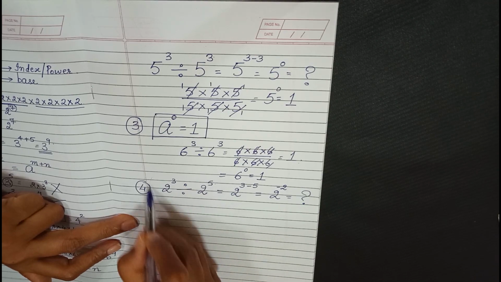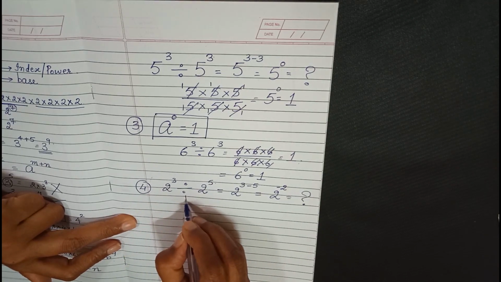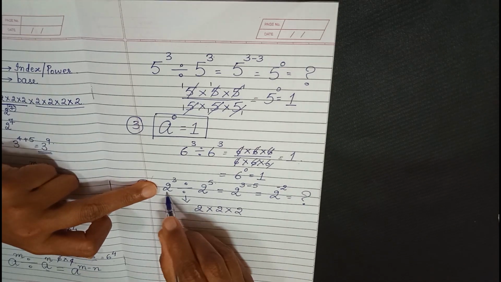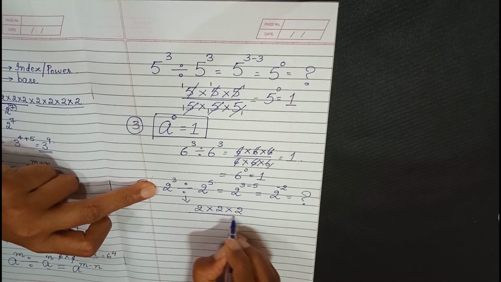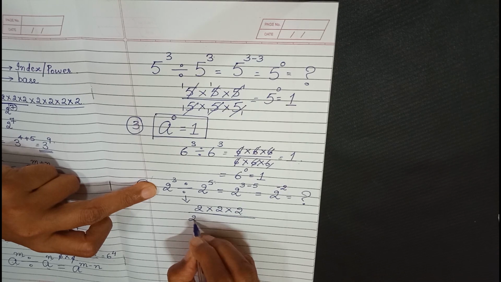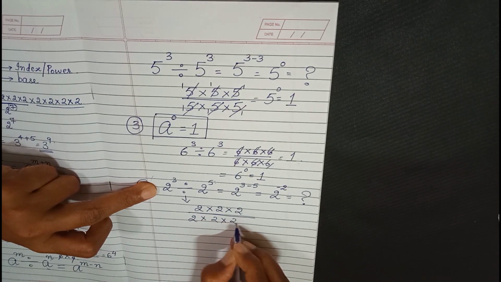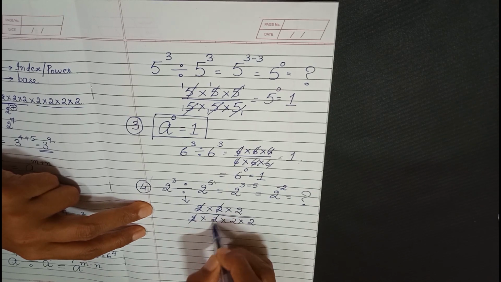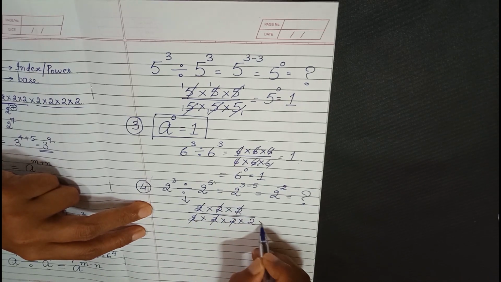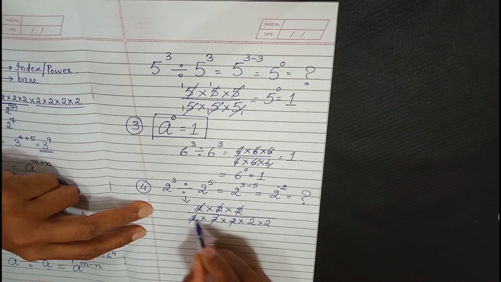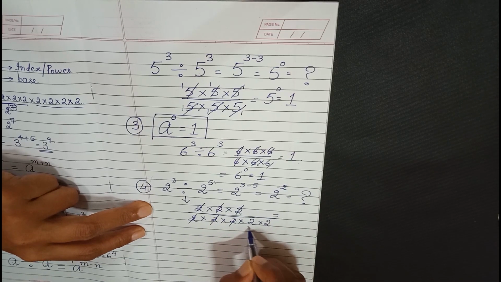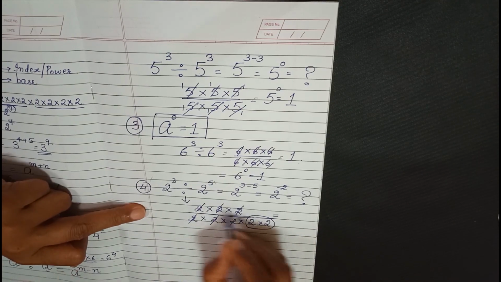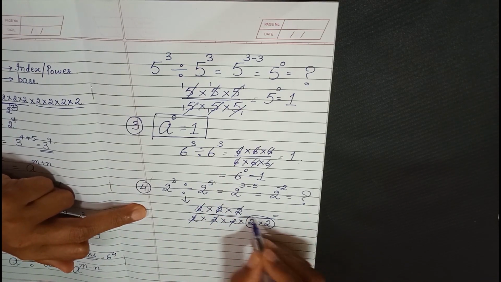So let's do an expansion of this and see. What this means is 2 raised to 3 is 2 three times, divided by 2 raised to 5. So I have 2 five times in the denominator: 1, 2, 3, 4, 5. Now when I cancel these, you can see in the denominator I have got 2 times 2 remaining, whereas everything in the numerator has got cancelled.